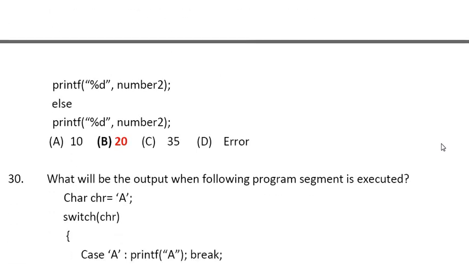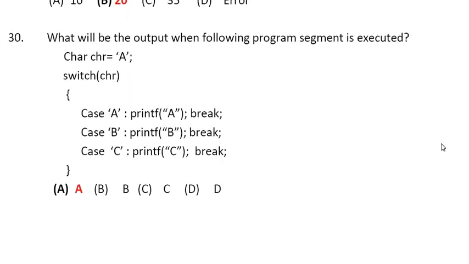30th, what will be the output when following program segment is executed? char ch = 'a'; switch (ch) { case 1: printf("a"); break; case 2: printf("b"); break; case 3: printf("c"); break; } So the correct answer is A,